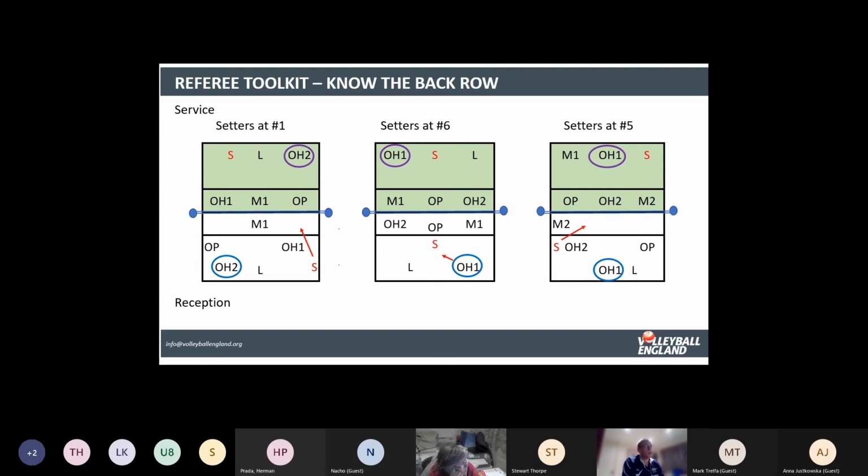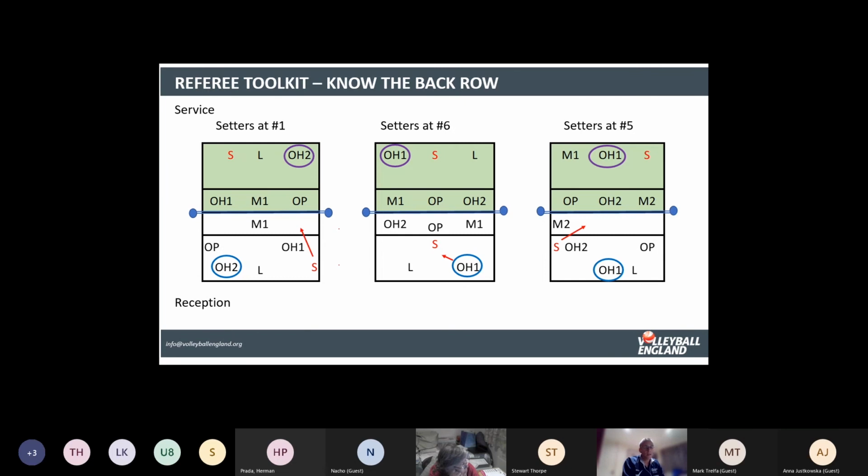So the top court, our court A, is going to be serving, and the green court, the white court, is the reception. So the setter is always in the same position on both courts, so the teams are rotating in the same order. So when the setter's at one, we can see that